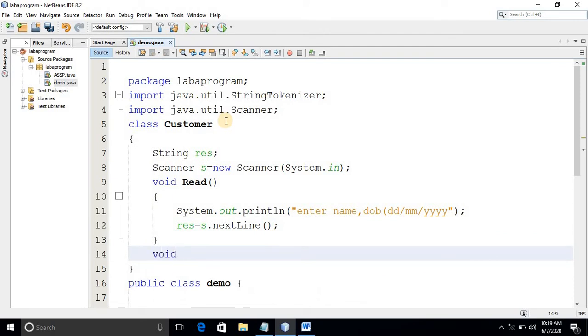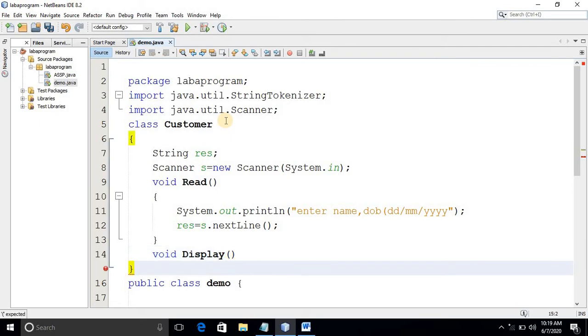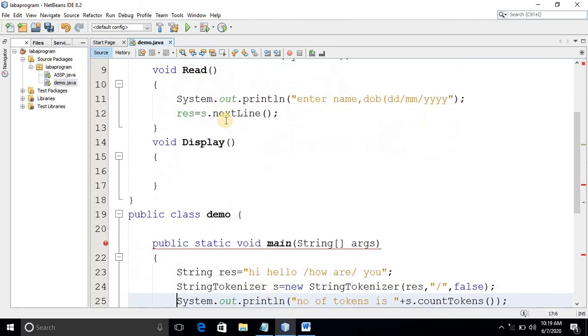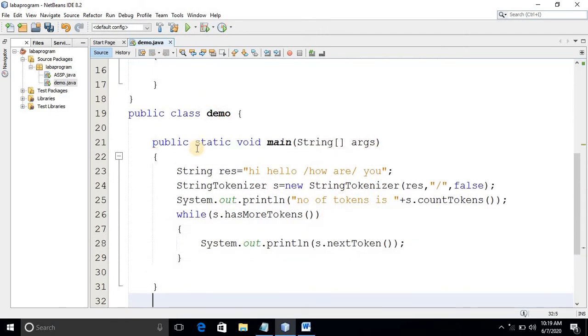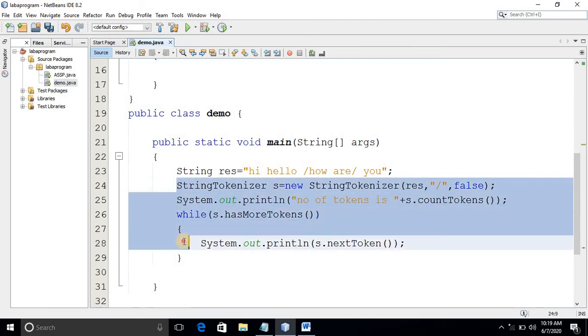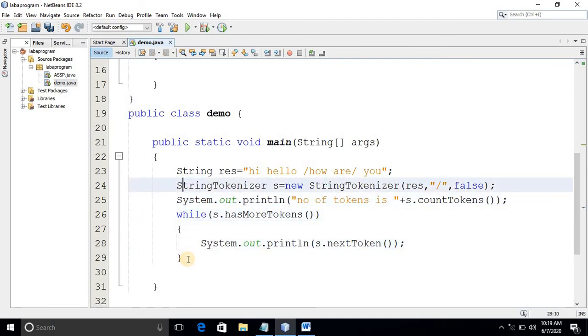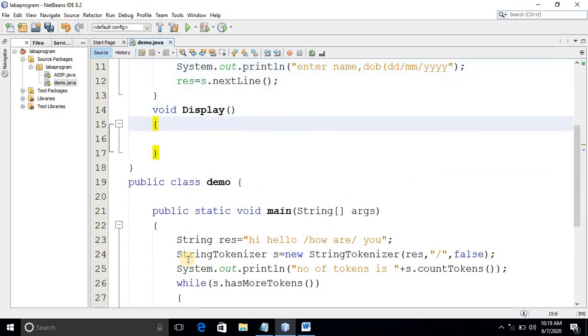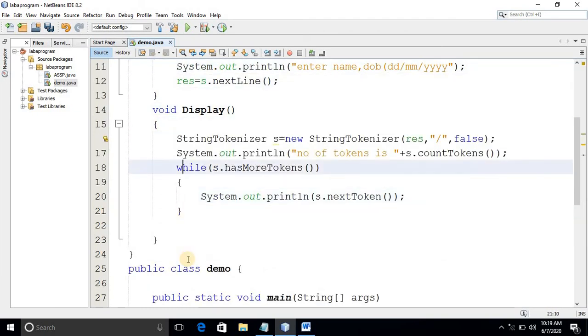Now in the void display method, what you should do is divide the tokens based on the string. So I'll copy whatever code I have written here and paste it. StringTokenizer s is equal to new StringTokenizer, res.